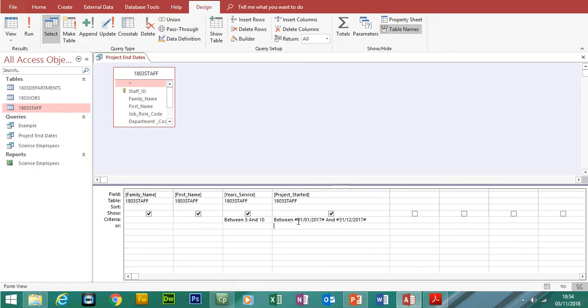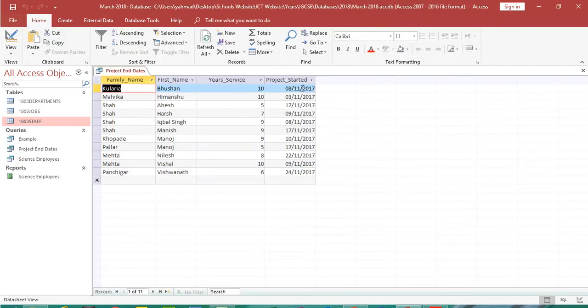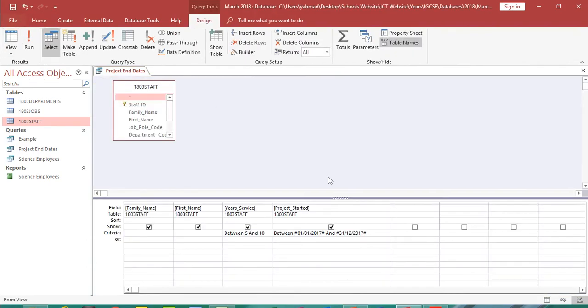So we've got between the first date, 1st of the 1st 2017, and the last date of 2017, which was the 31st of the 12th 2017. If I click on run, you can see we only have 2017 dates here. Okay, I'm happy with that. So now if we go back to design view,